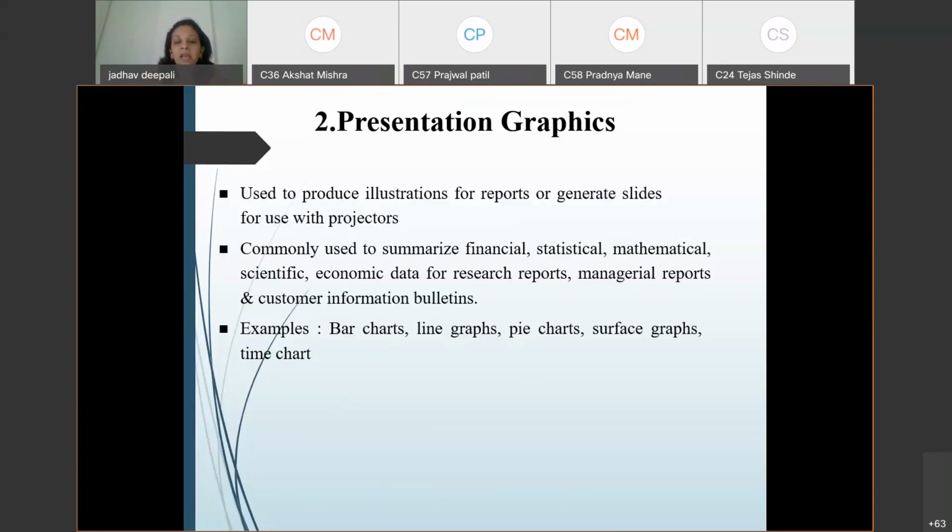For example, in your class, a result is displayed, and we want to display the result per subject. So what do we use? Simple bar charts we can use, indicating what is the result of your class, what is the result of the computer graphics subject, what is the result of OS, what is the result of another subject, OP. So in that way, a bar chart is normally used to show the result, or we can do analysis of the result. So we call it a report. So those reports are shown with bar charts. Line charts are used somewhere.